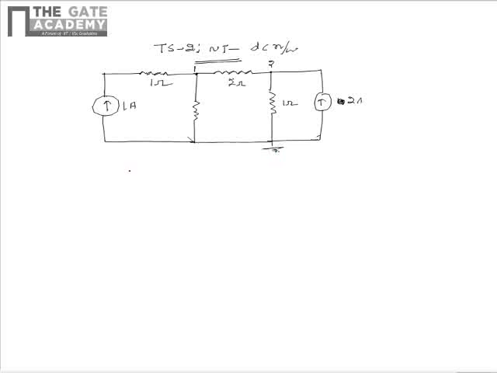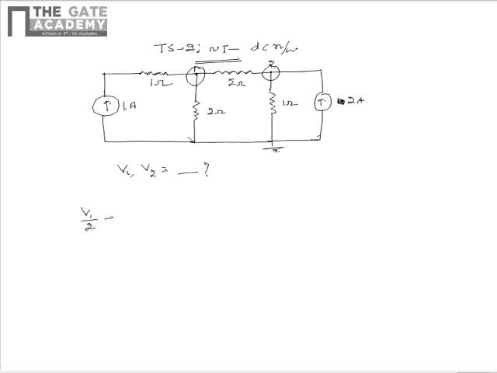In this problem, we need to find the potentials at the nodes 1 and 2, that is V1 and V2 in volts. By applying nodal analysis at the node 1 and 2, we see that nodal analysis can equivalently be obtained from KCL. Hence, by nodal analysis at node 1, we see that